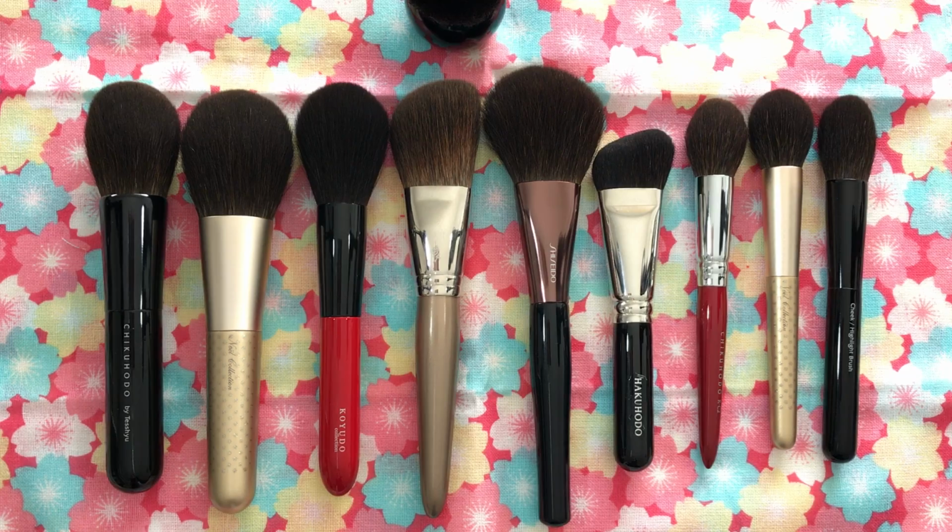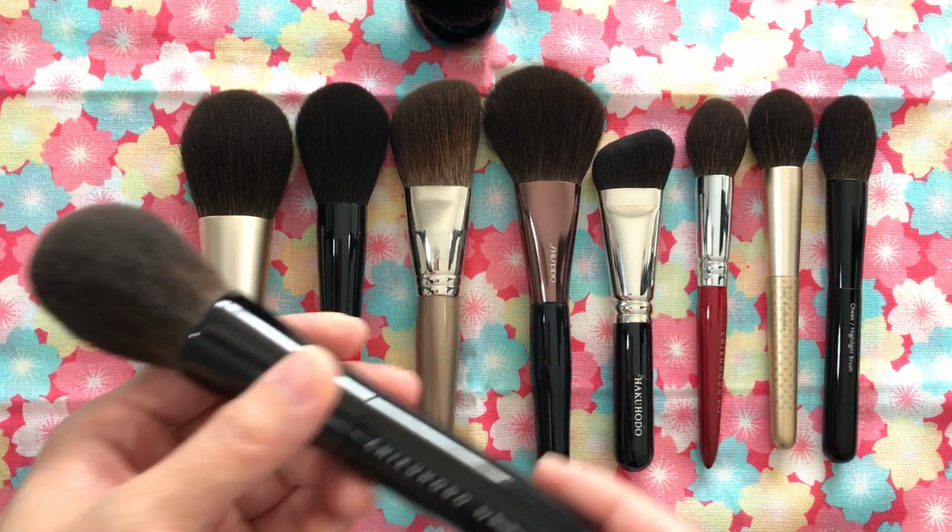Here's a squirrel version of my favorite face brushes. Some of these are limited edition and hence discontinued. The Chikuhodo Z1 on the left right here is the first one I'm going to be talking about, and this